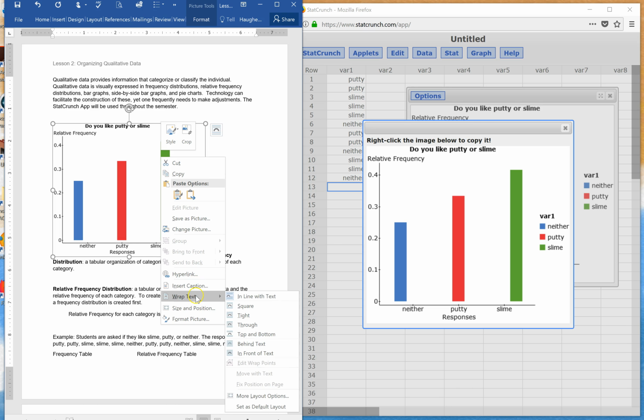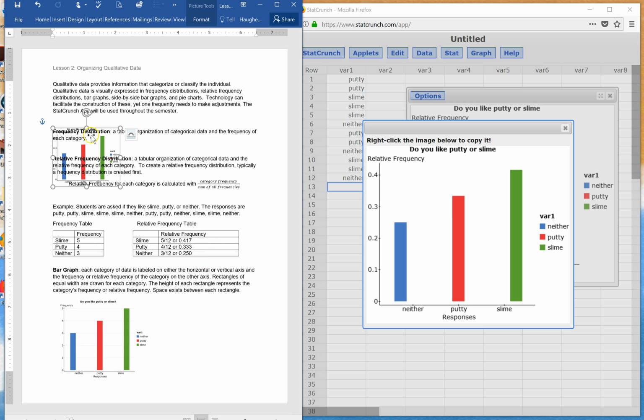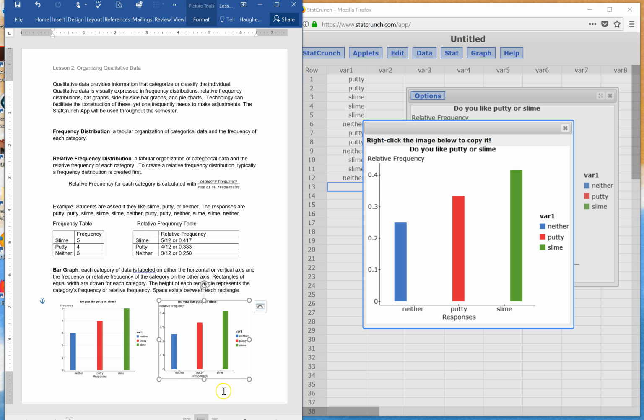So I'm going to go ahead and wrap my text. I'm going to put this behind text. I'm going to shrink it a bit and move it over next to my frequency graph. And now I have a side-by-side frequency graph on the left and a relative frequency graph on the right. So when you have an assignment in Moodle and you need to create a graph, this would be how